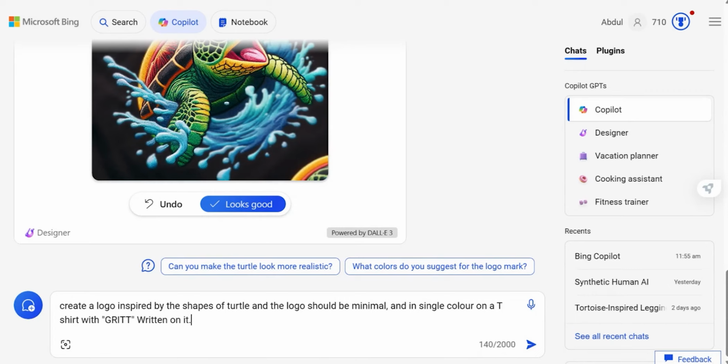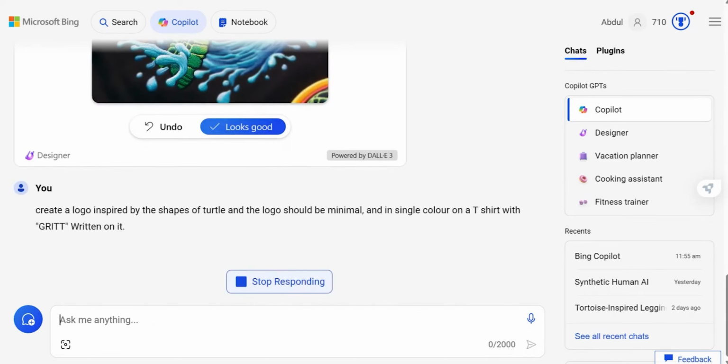Okay, I'm giving a random command. Let's see what will be our input, what will be our output, whether it will accept us or not. Let's try this.